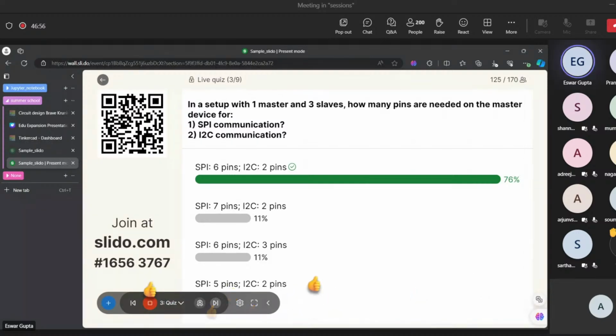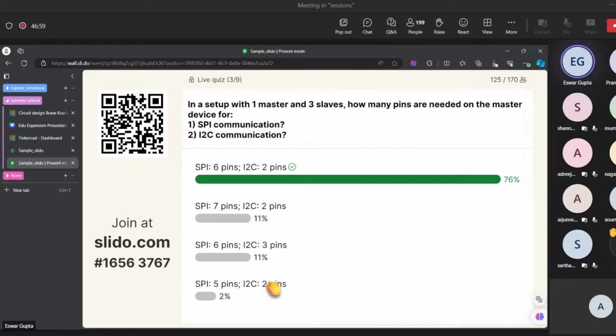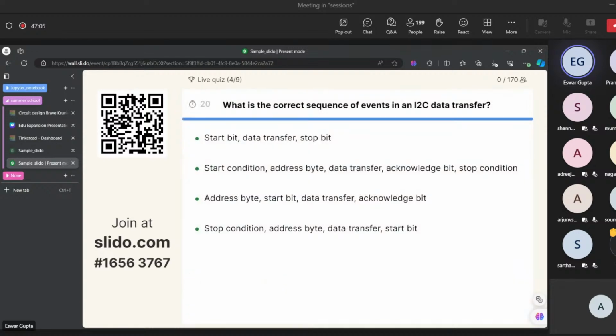So I think more than 100 people, 76%, understood this clearly. So I'm moving on to the next question. Try to answer this. Do answer, guys. Still, I see an attendance of 200, but only 172 people are participating in the poll.